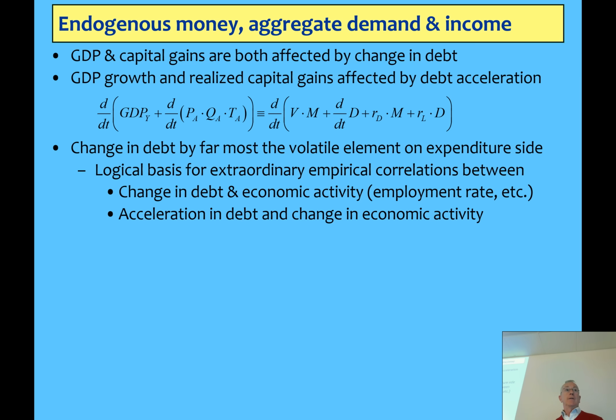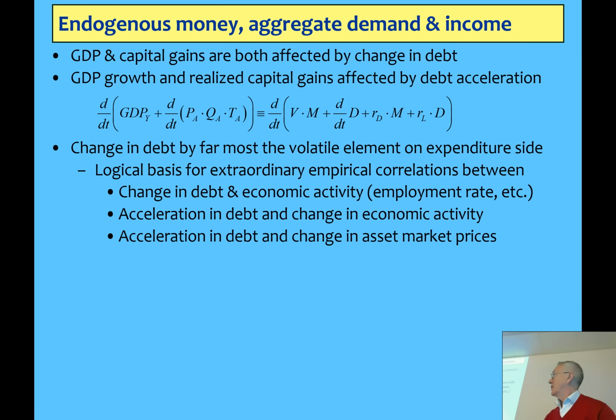The logic is sound. If loanable funds applied, you could ignore all this stuff. It would only be trivial, second, third order stuff. But because loanable funds is wrong institutionally, and endogenous money is correct, the change in debt plays an enormous role in setting the level of economic activity and the change in asset prices.